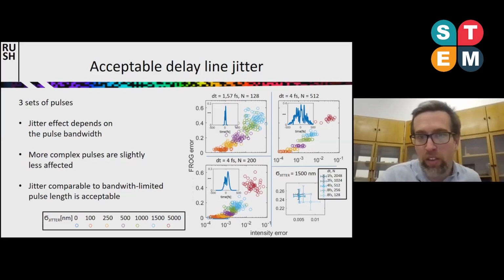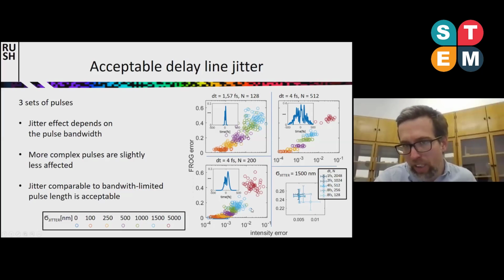Okay, and basically it's interesting first to compare these two, because these are basically 2 pulses just stretched in time, and something which is not very, let's say, surprising is that if you stretch your pulse 4 times in time, you need 4 times lower precision of your delay line.